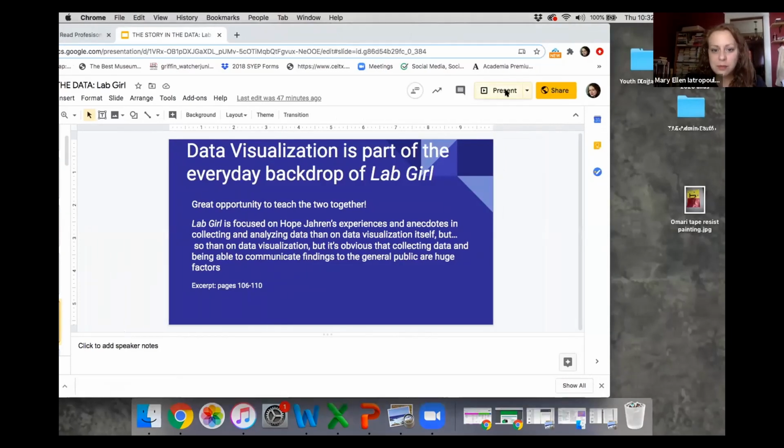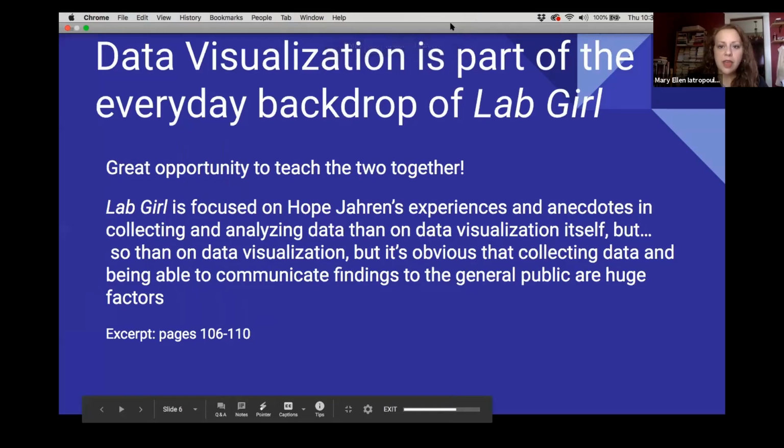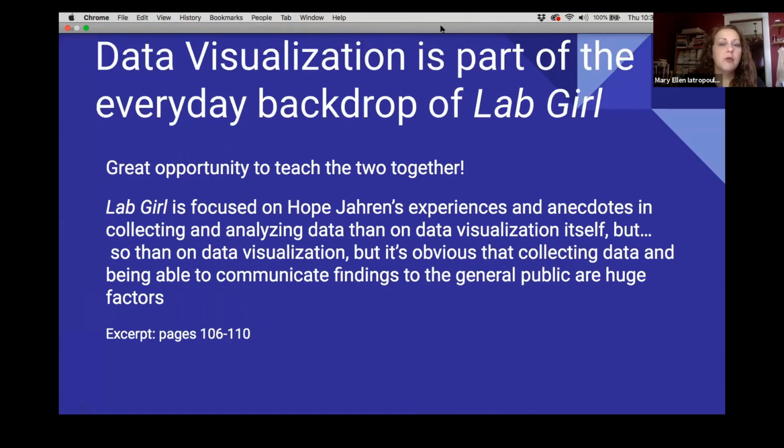And going back to the PowerPoint presentation, being that she spends so much time collecting data and she just rhapsodizes about the power of data and about the details of all the work collecting data, she is just really focused on her experience and anecdotes about her life spent in the field of data. So we thought that because data visualization is woven into the narrative of Lab Girl, it's a really great opportunity to,